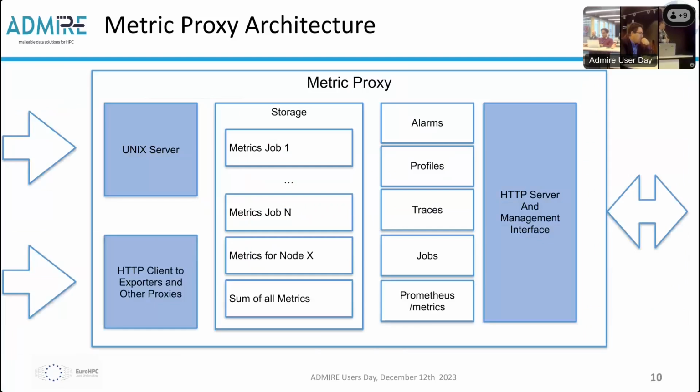If we have a closer look at the interface, I mean the content of the metric proxy, you have, as I mentioned, the Unix server. You have an HTTP client which is able to scrape, which is Prometheus vocabulary for consuming data from a remote data source, to scrape either other metric proxies or Prometheus exporters. All these metrics are stored per job in a big array of data, and then these metrics are projected to the various analysis modules. Eventually, on the other end, we have an HTTP server which allows you to consume this analysis and forward it to the intelligent controller. We have the HTTP interface, and we can also have a Mercury RPC interface, which is in development.